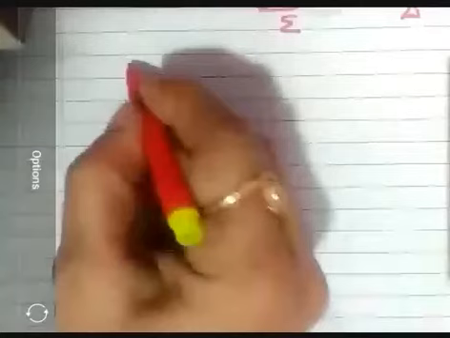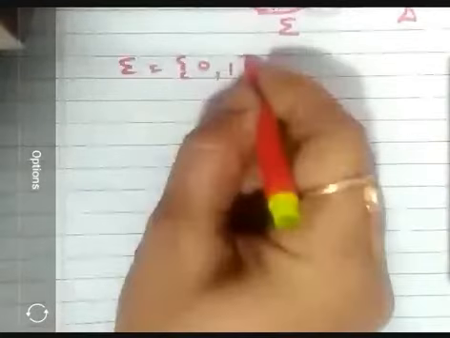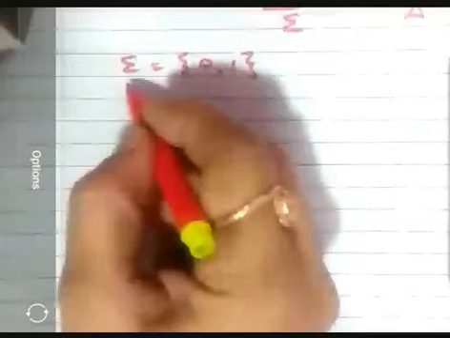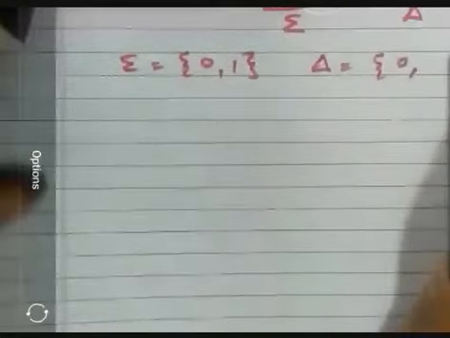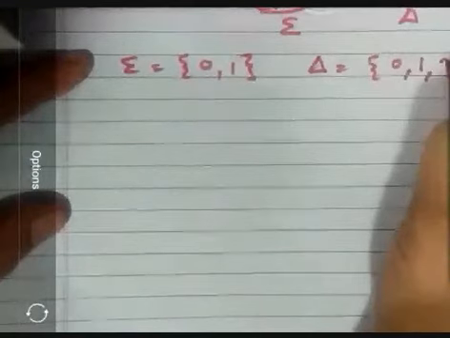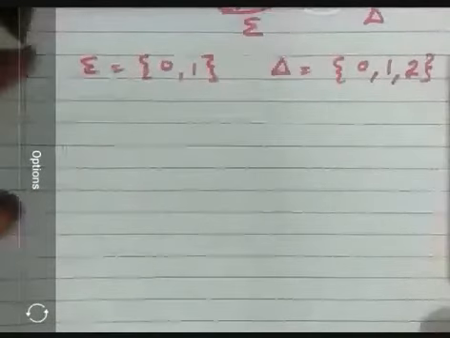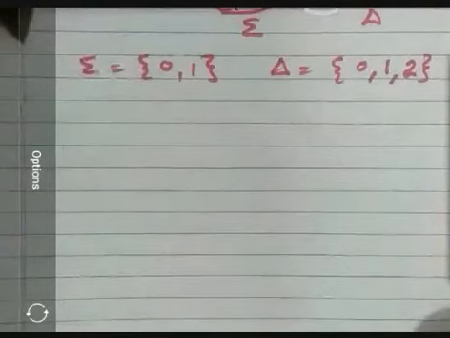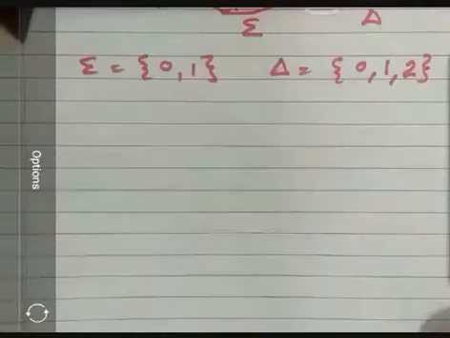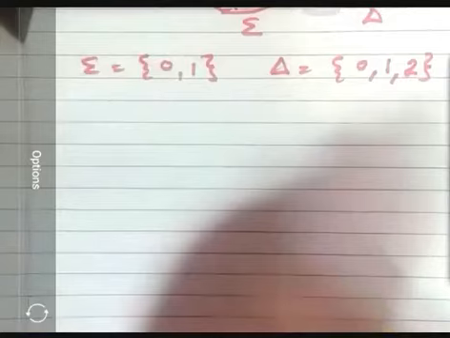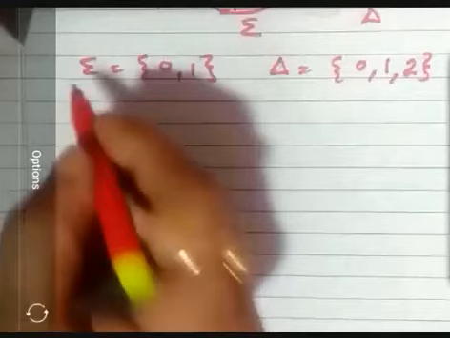Okay, so now what will be our input? Our input will be a binary number, so it will have only 2 symbols. What will be my delta? My output alphabet will be the remainders: either 0, 1, or 2. They have not given us any information about the output being in binary; they are only saying the input is a binary number. So now the input and output alphabets are clear.